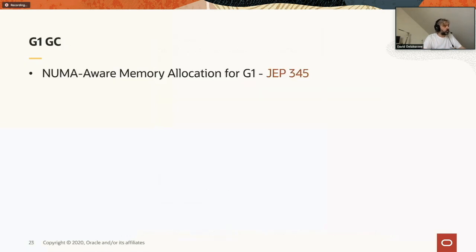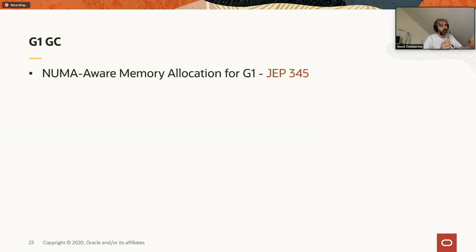Now, let's quickly talk about G1GC. G1GC is the default GC. Obviously, we have made a lot of investment in ZGC, but that doesn't mean that we are not looking at improving G1. For example, in 14, we added support for NUMA. NUMA stands for non-uniform memory access. That means that the distance between the memory and the cores is not always equal.